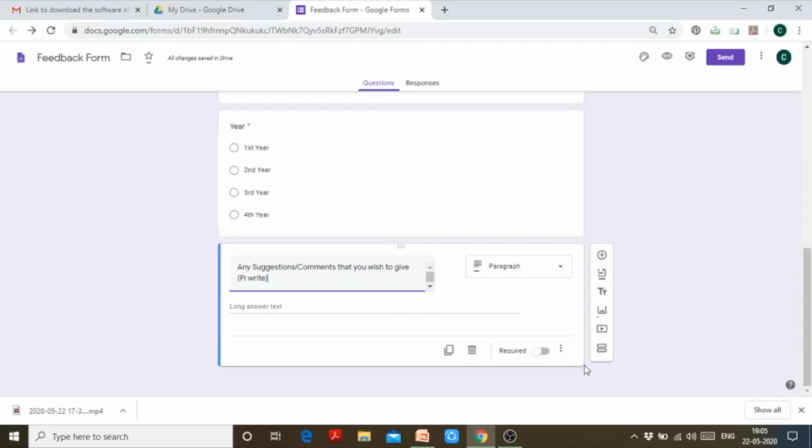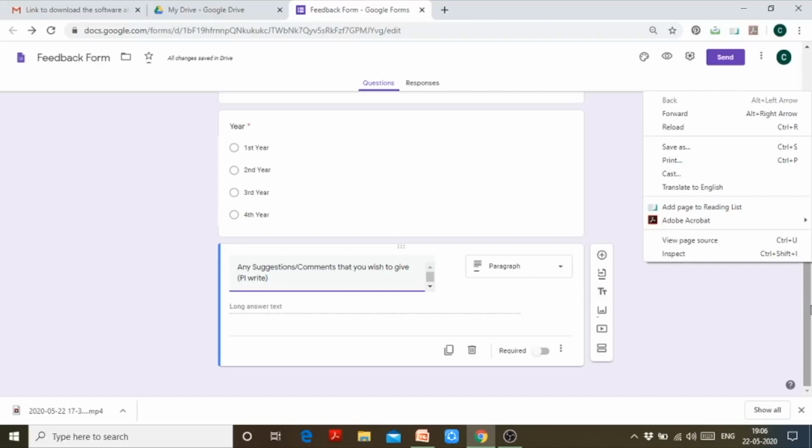However, you can leave this question as not required, because sometimes people may not want to comment or suggest anything. So a person can submit the form even without answering this question. Okay, so this was the section created for students.